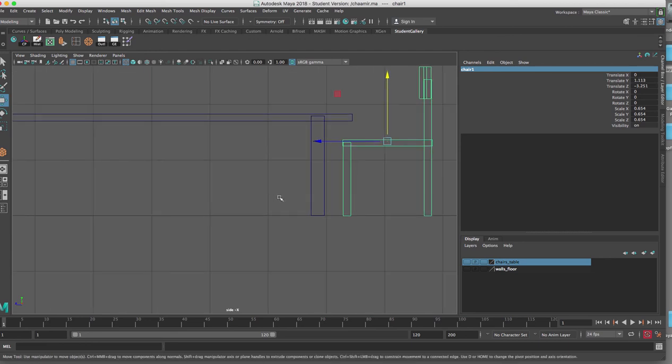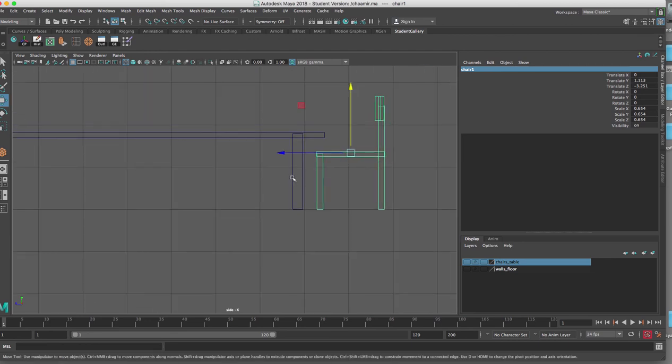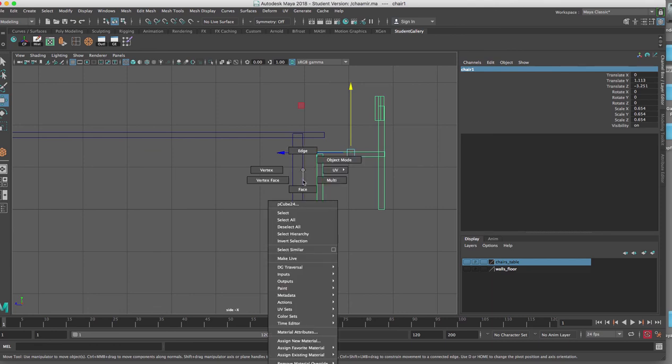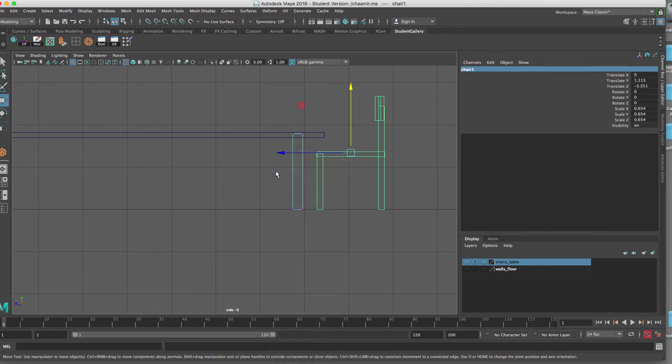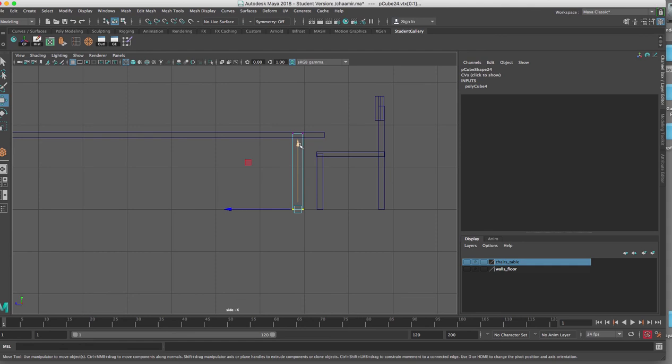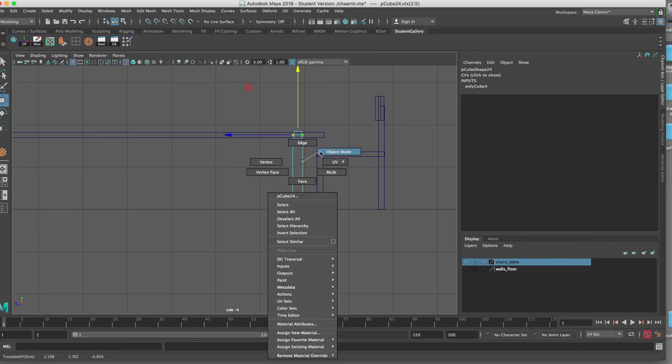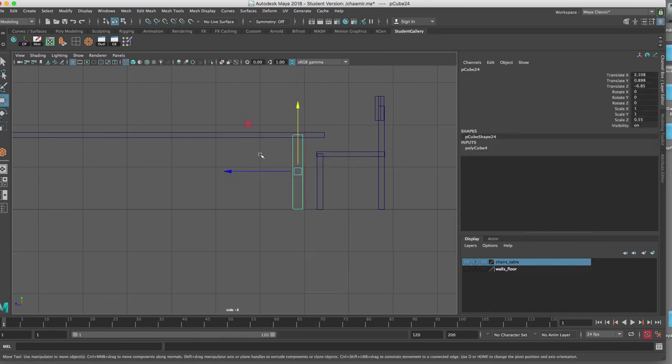Looks pretty good. If I need to change the length of that, either the top or the bottom, just as we did with the chair, I could right click, choose vertex, and if I needed it to be longer, I could marquee select in a very broad way the vertices at the bottom of that leg and drag down if need be. Or if the tabletop were higher than the top edge of the leg, I could drag up. But that looks pretty good, so I'm going to right click and choose object mode,